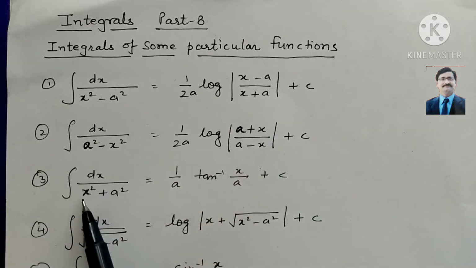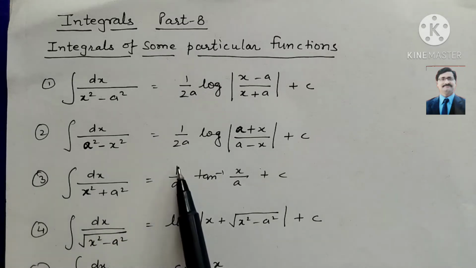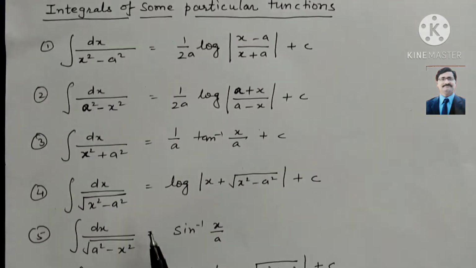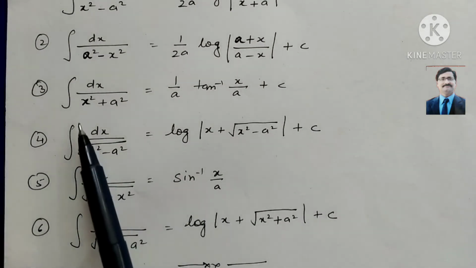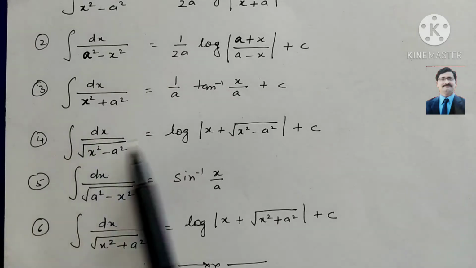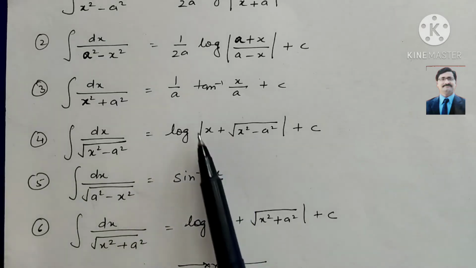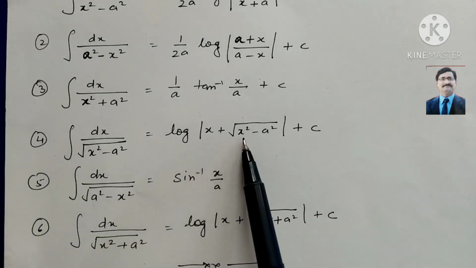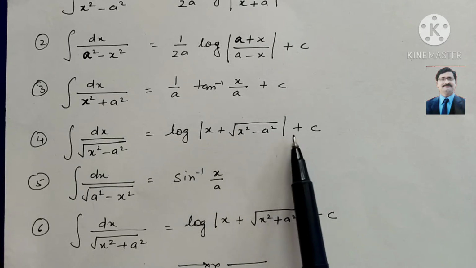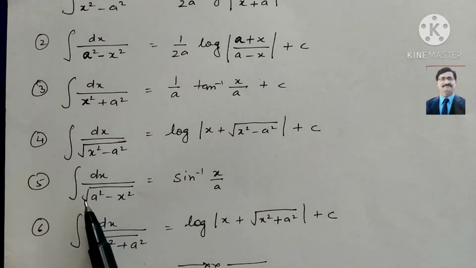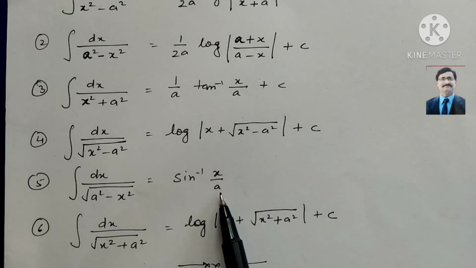Integral of dx upon x square plus a square will be equal to 1 upon a tan inverse x upon a, plus c. And now we have the formulas for roots. Integral of dx upon root x square minus a square, this we write equal to log modulus of x plus root x square minus a square, modulus close, plus c. And integral of dx upon root a square minus x square is equal to sine inverse x by a,